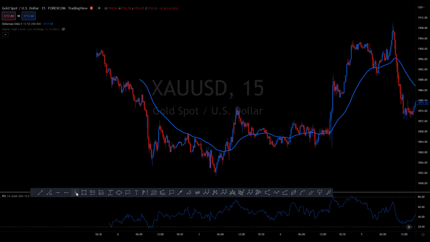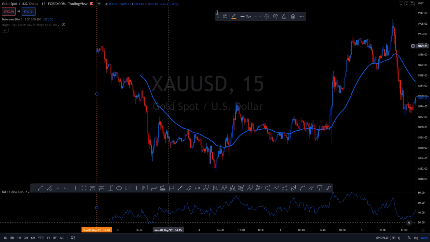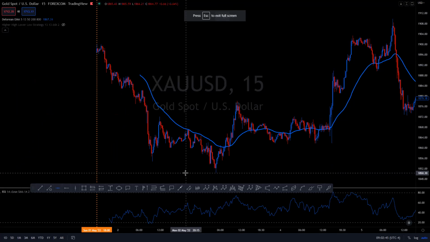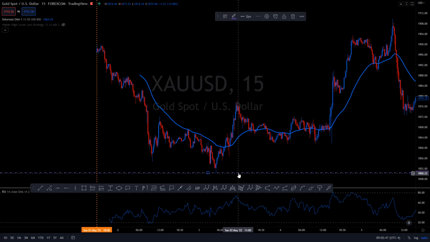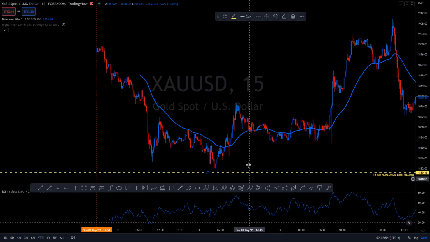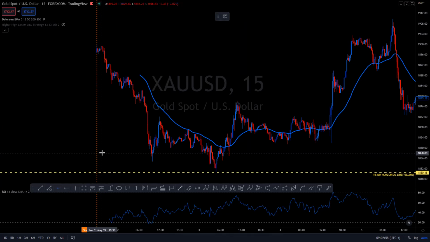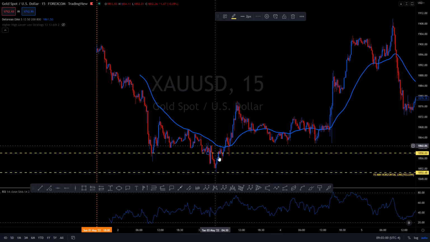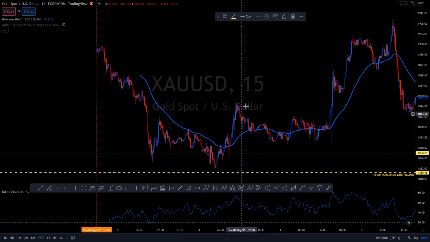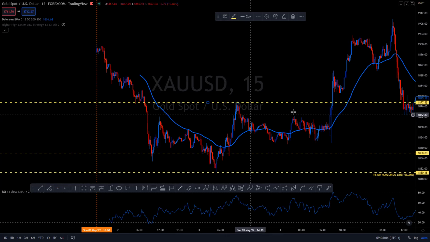All right. So let's get started. When we look here, you can see that there are major demand zones at the bottom here. So let me change this to yellow. Major demand down here. We can say the same thing down here. That's why price respected these areas and pushed price up to this next supply area here.